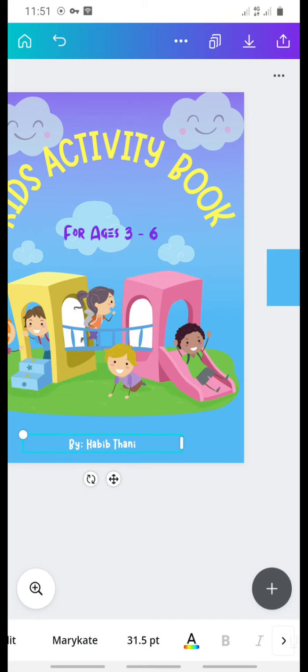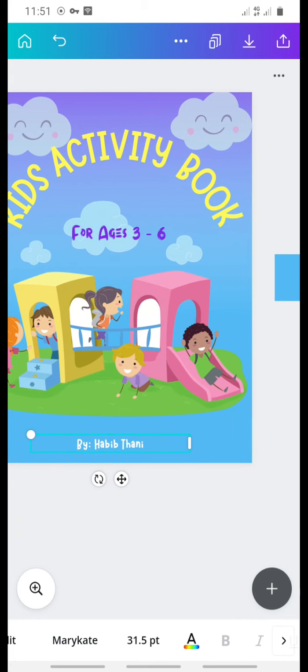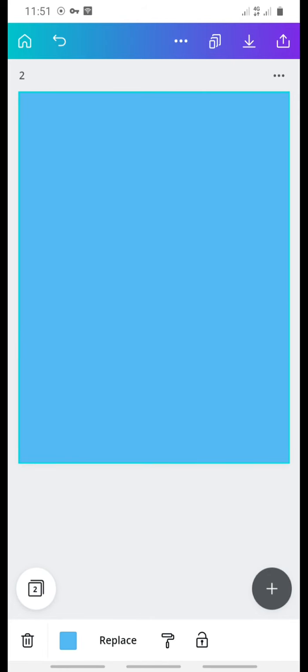Then we'll go to the second one. I'll simply swipe to the left and it has given me another canvas, but this time around it came with a pre-made color, which was the first color we used as a background in the previous book cover. So this time around